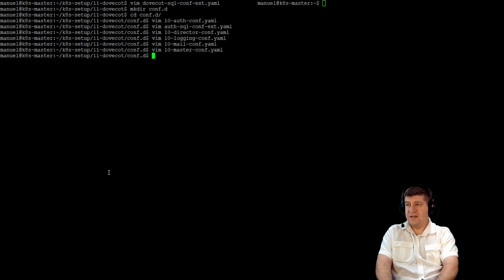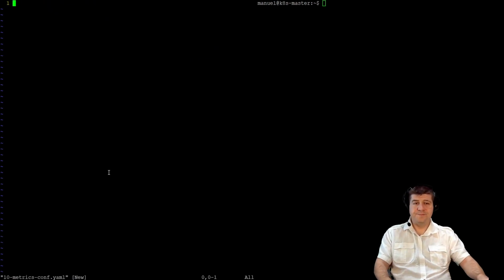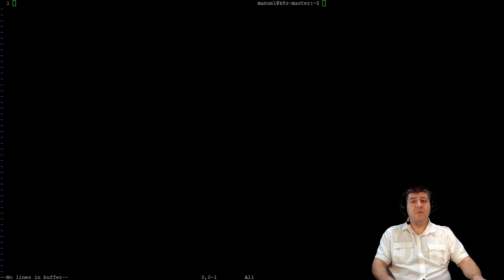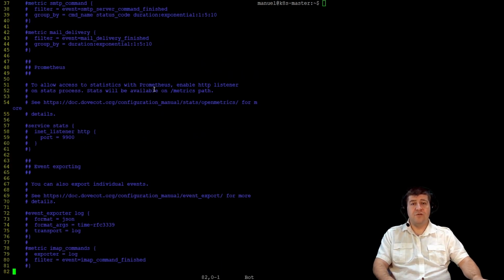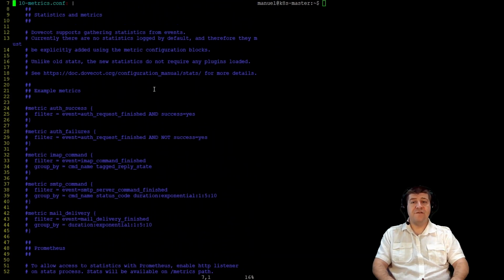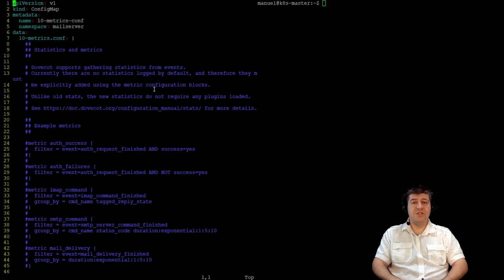10metrics.conf.yaml. Write and quit vim. I am not using this function of Dovecot right now, but it might be valuable for you, so take a look at the file and configure its options to your liking. Next, we move on to the